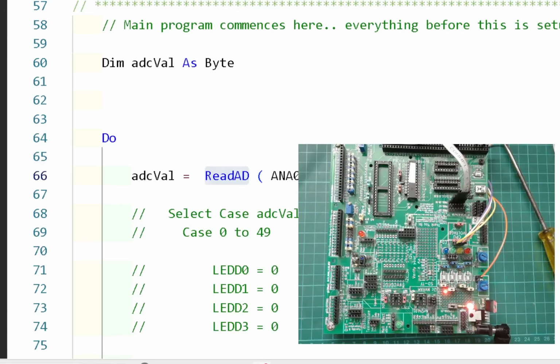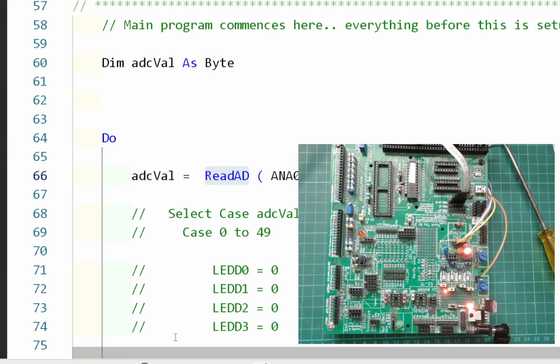I'll come straight back to the video because there's something I should do straight away. I'm going to put the value of ADC val onto the serial terminal. I should do that because it just confirms that it's not reading it properly, so when it does read it properly, I can see the results. In my demos, this is like demo 10, but we need to get there very quickly. So what I've done, I've nipped out to